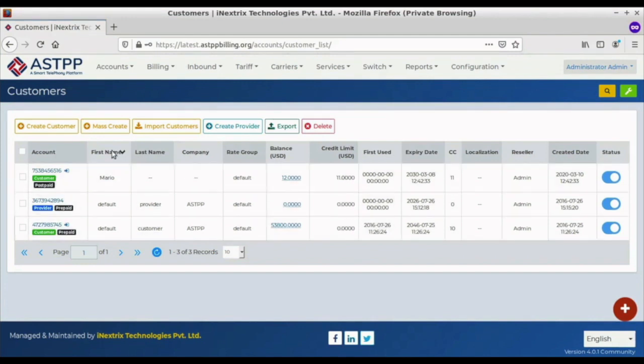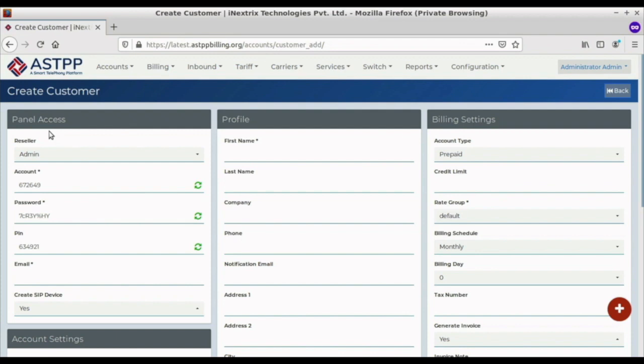We can create a customer by clicking on create customer, where we need to fill in some details like first name and email ID that should be specific for each and every customer and provider. So for testing purposes, right now I'm going to create a customer with the name of Mike and the email ID I'm going to provide here